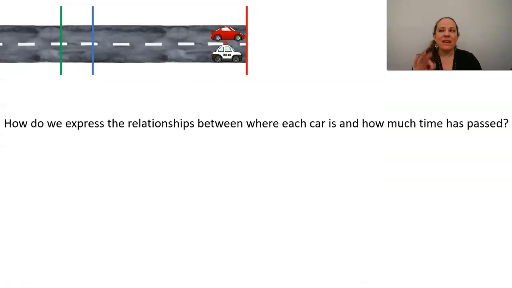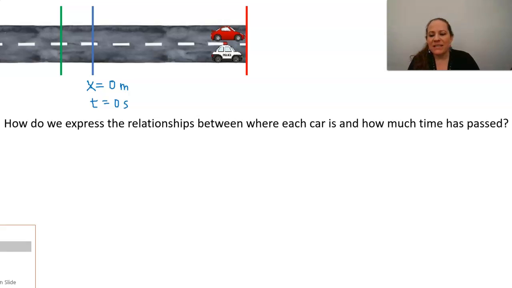So as promised, there is a second way to think about these position-time relationships. Recall that I marked that blue line before and called it the 3-second mark. That's when our patrol car starts moving. But what if we let this be the position we consider 0 meters, because we're going to define things in terms of what the patrol car is doing instead of what the speeder's doing. And so we'll call this our time of 0 seconds,